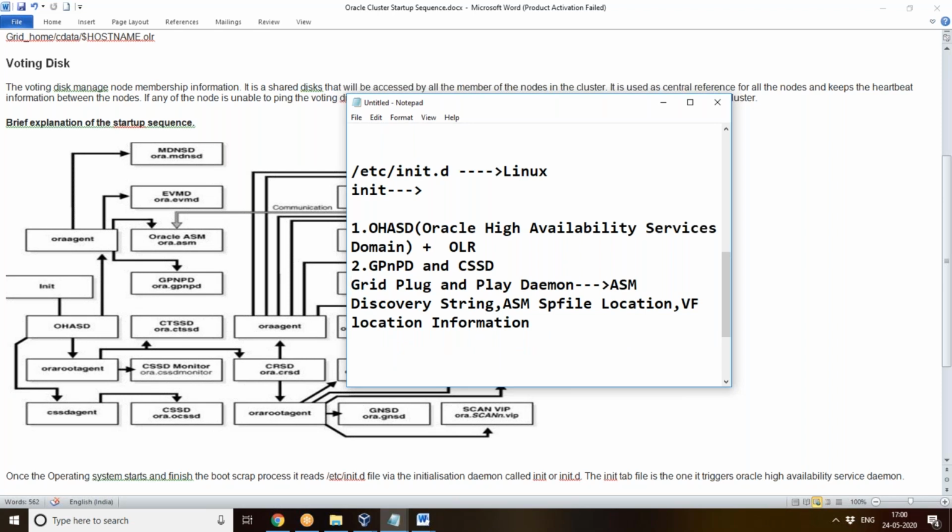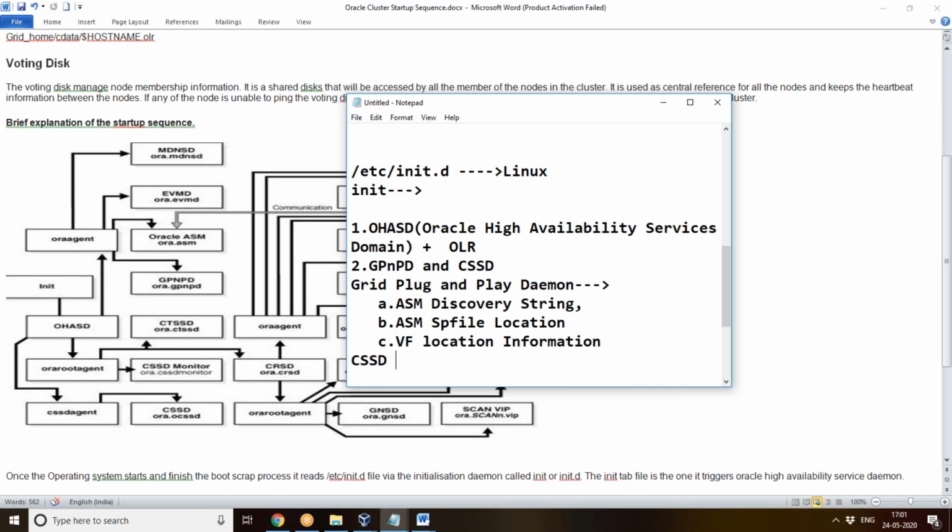So the Grid Plug and Play Daemon service contains: first, the ASM discovery string; second, the ASM SPFILE location; third, the voting file location information. All these three are present inside the Grid Plug and Play Daemon service.